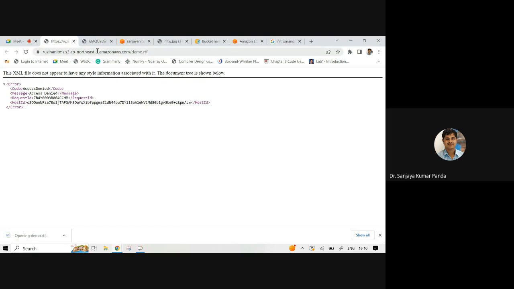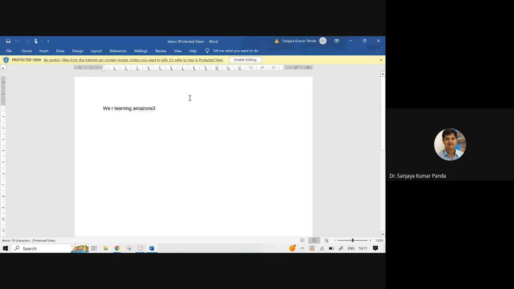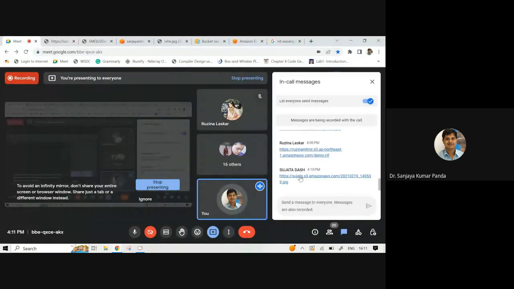The demo.rtf file I am able to download now. I think it is a Word document. Yes, you can see, this is the message you have written, right? Yes, sir. Okay, there is another one you can see here. See, this is a scanned page, so that is uploaded as an image. So we are able to see it. Anything you can upload, right?